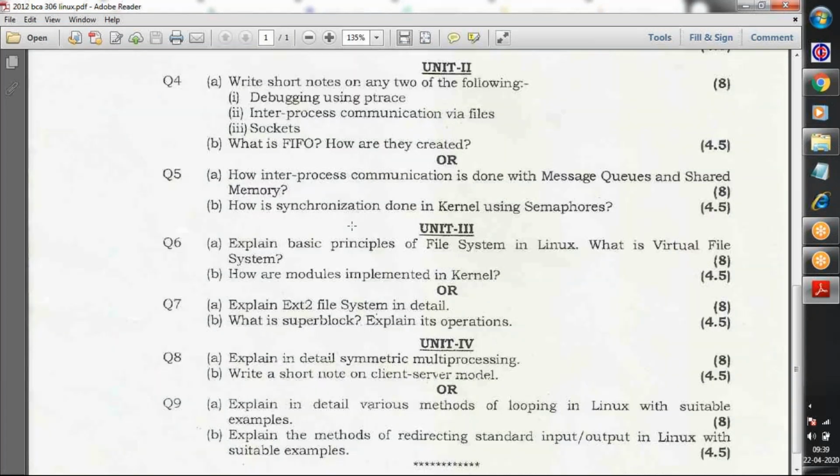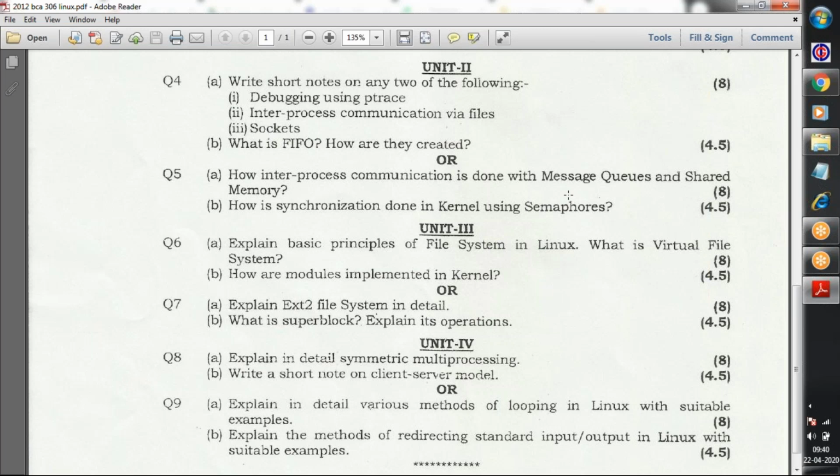Semaphores is not in there, but I think my slides cover that one. What do you mean by semaphore? Semaphores is nothing but how your background processes communicate, run in parallel, and synchronize so that deadlock does not occur. That is called a semaphore. Semaphores is nothing but locking two processes in such a way that deadlock does not occur.